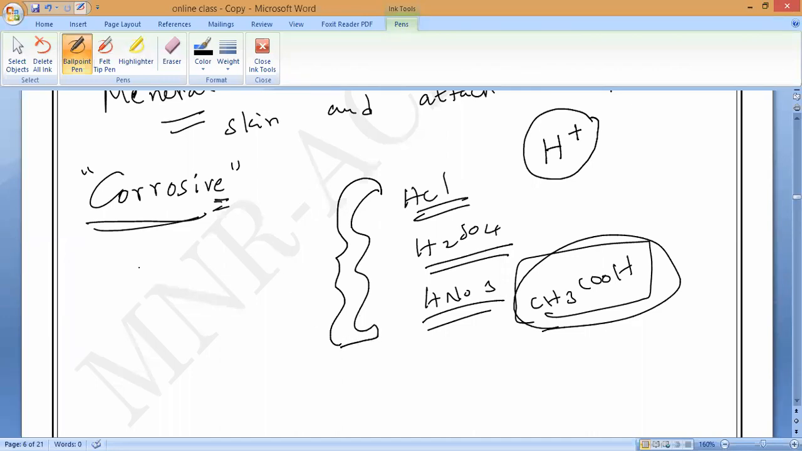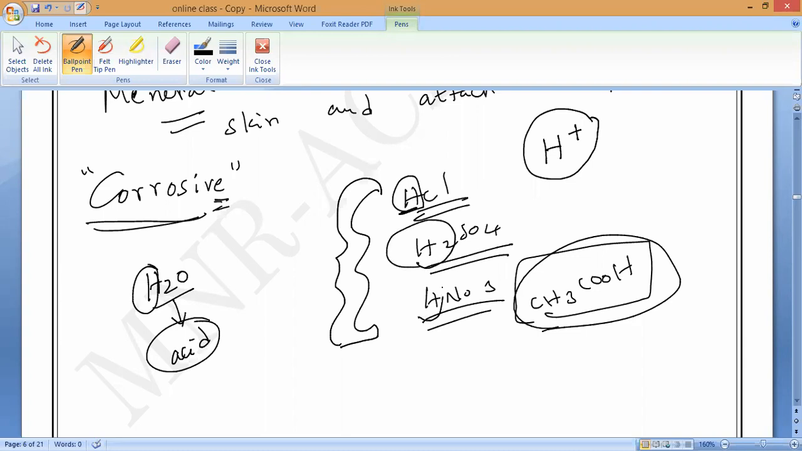Because water also has hydrogen, but does it mean it is an acid? Hydrochloric acid has hydrogen, sulfuric acid has hydrogen, nitric acid has hydrogen, but water also has hydrogen. So it does not mean that it is an acid. Is it yes or no? To verify that substances containing hydrogen are not necessarily acids,